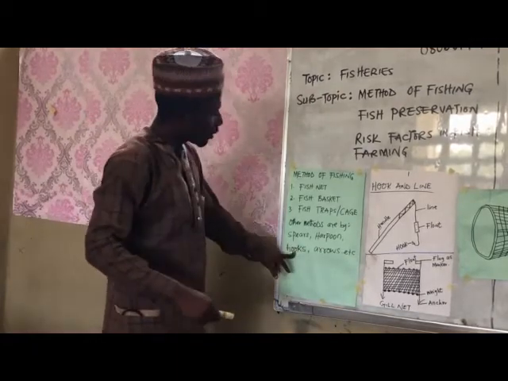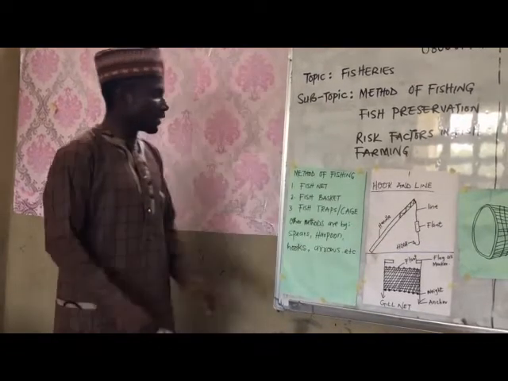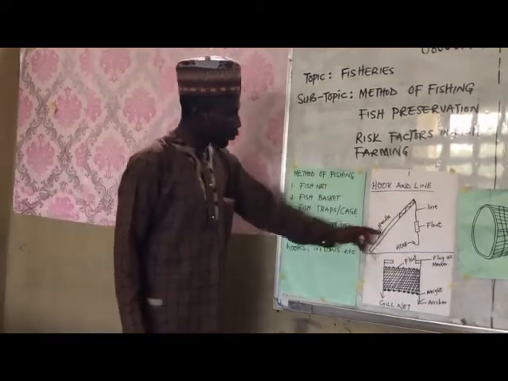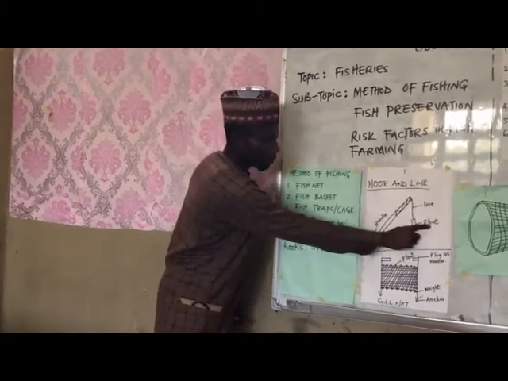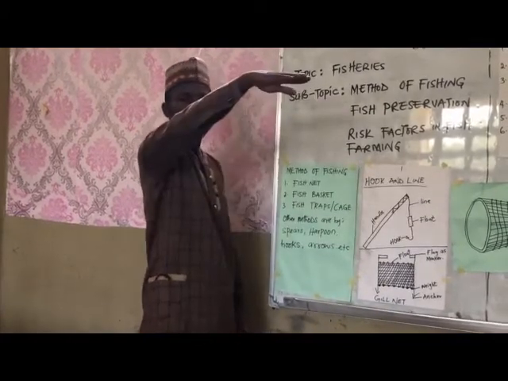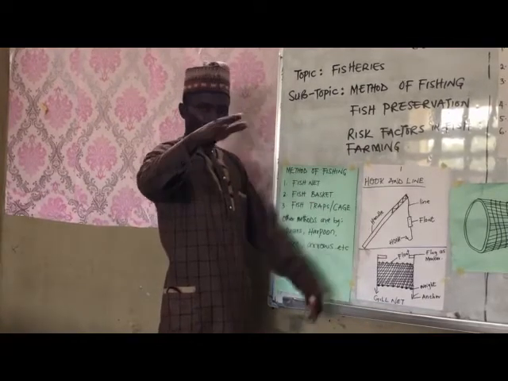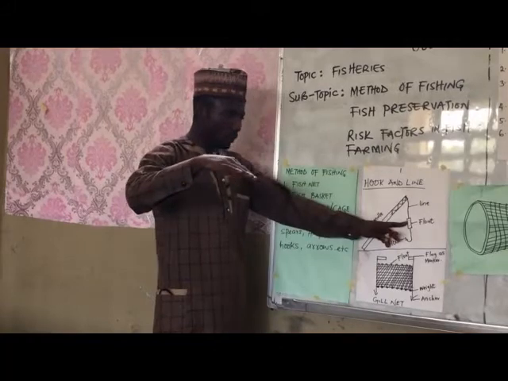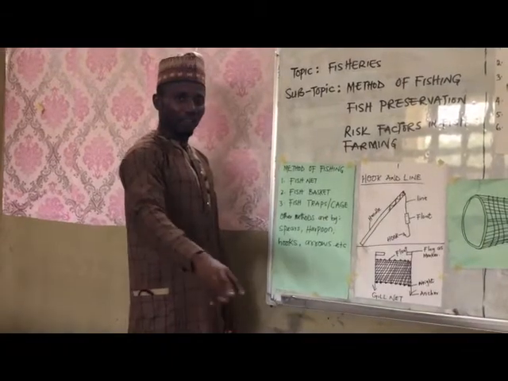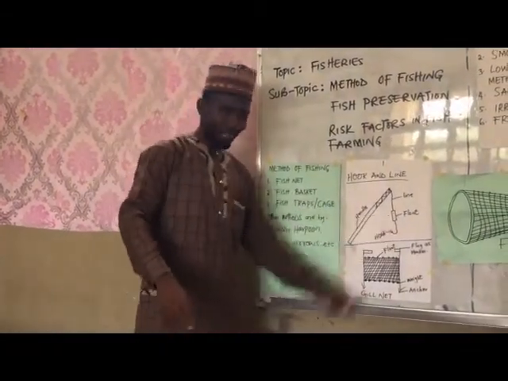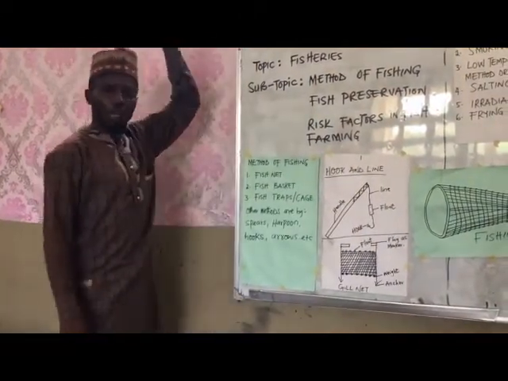So we have what we call hook and line, and this is the drawing here, hook and line. This one has handle. This is the handle, this is the line, fishing line. We have float. What will be on top of water that will show whether this hook has caught something or not is the float. Once you see that the float sinks into the water like this, that sends a signal to you that something is dragging the hook into the water. Then you just drag your hook out of the water.